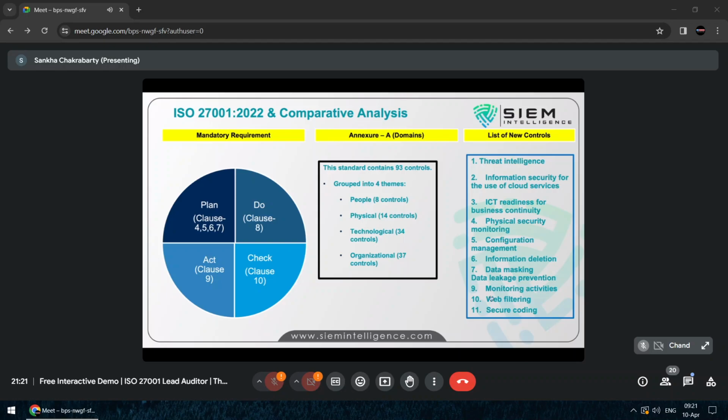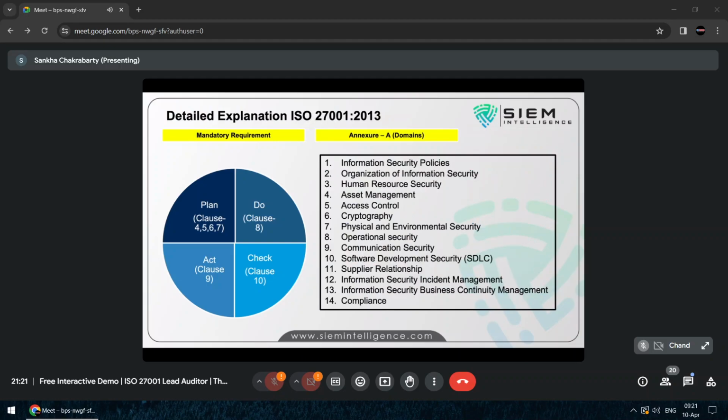No other institute, guys. If you go to other institutions, or opt for Coursera or Udemy courses, the detailed explanation is not there. They will just say cryptography is there, and they will ask you to explain the cryptographic controls, but you don't even know what cryptography is, so how are you going to answer? What I have seen in candidates when I go for interviews is that they don't even know what encryption is, but they are ISO certified.